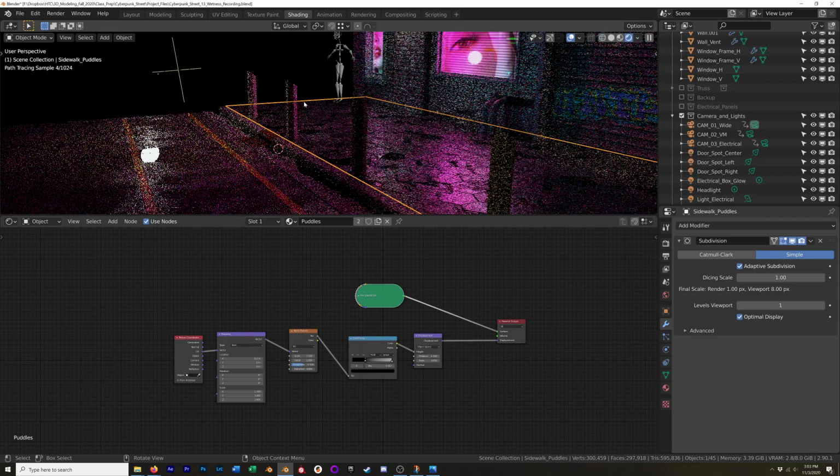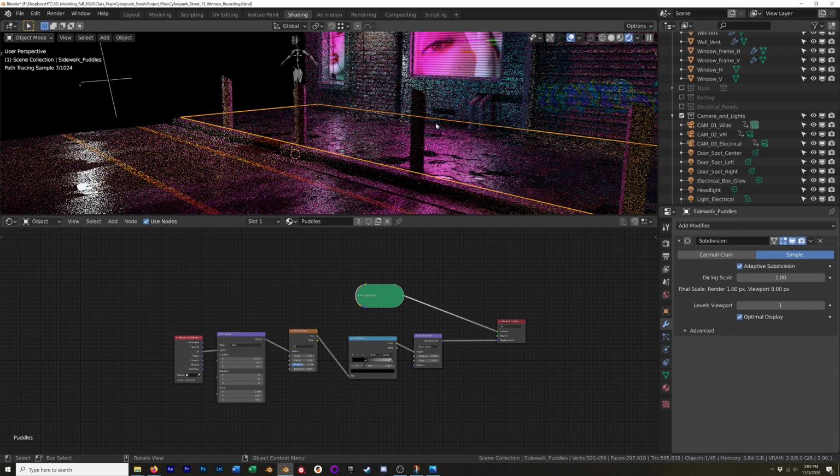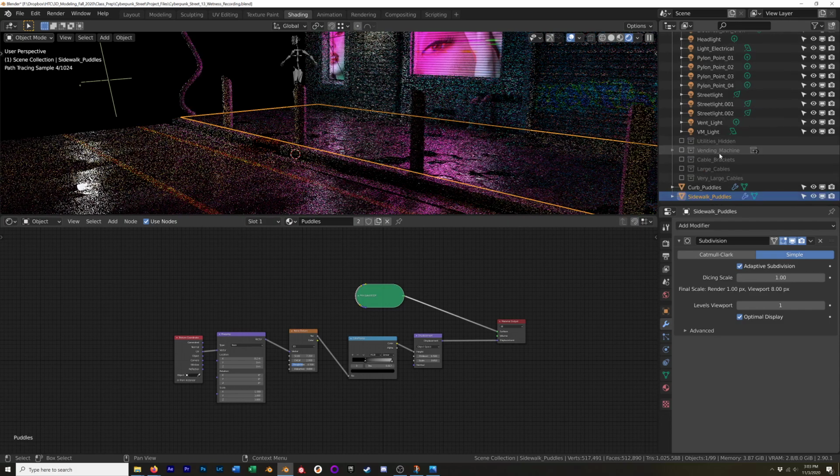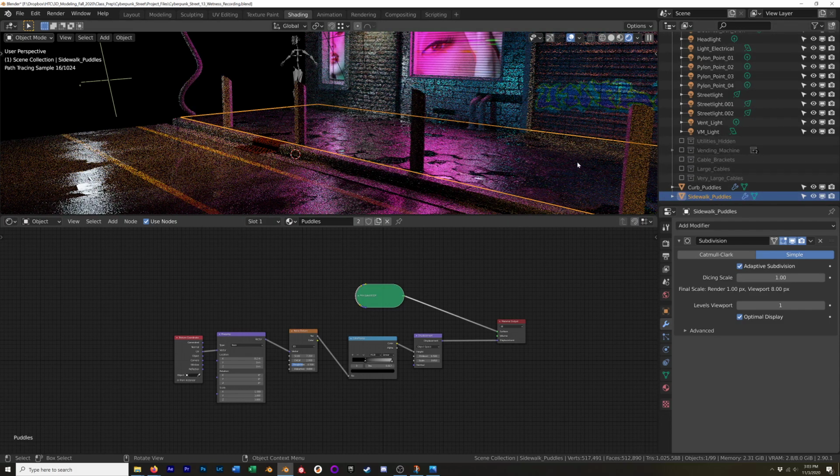And we'll go back to our scene world so we can see what that looks like with all of our neon, especially when we turn on the electrical panels. Okay, that's all looking pretty good. There's one thing that we are,